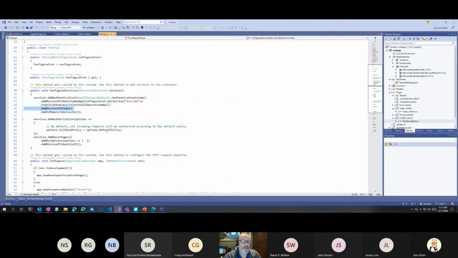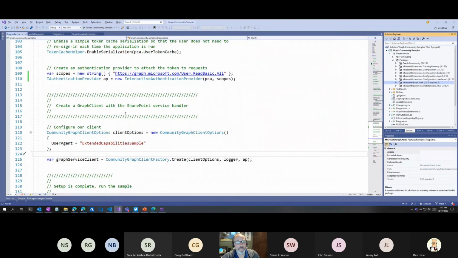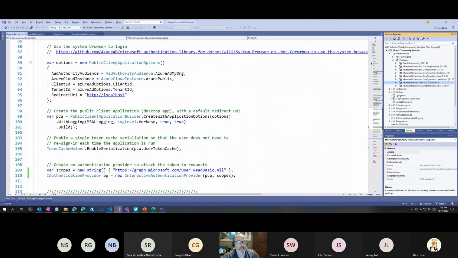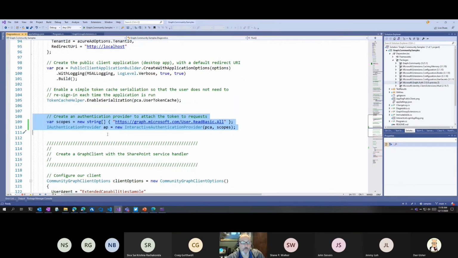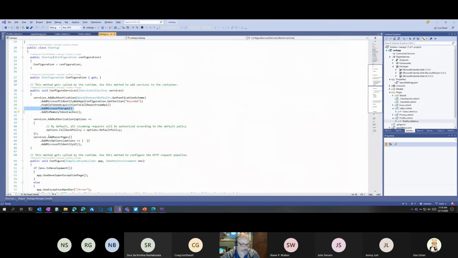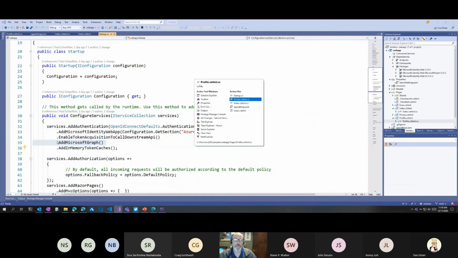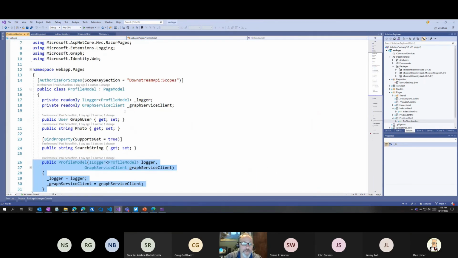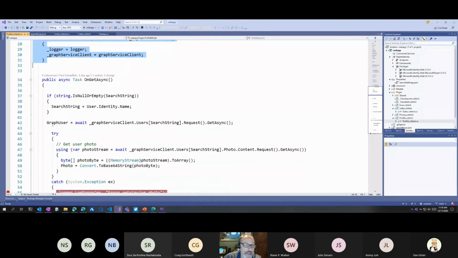add Microsoft Graph, did all that work similar to what I did in my setup here, where I created a client application and I set up the Authentication Provider. All that work was done for me. I should bump this up, my apologies. This method does similar work for me in the web space. So all I can say is give me a Graph Service Client as part of the dependency injection. And then I can do the same information here.